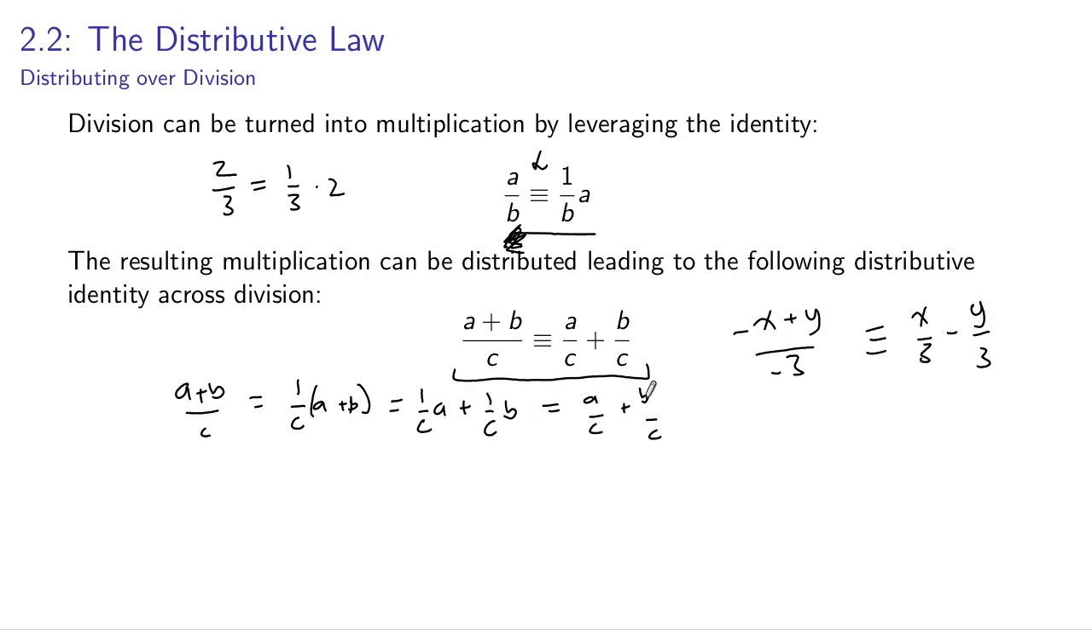Okay, erase some of this. To show that it's equivalent, we should write the reasons down as we go. So, starting on the left-hand side, we can think of this as a multiplication instead of a division. We could think of it as negative 1/3 times minus x plus y by this identity here. We could just write